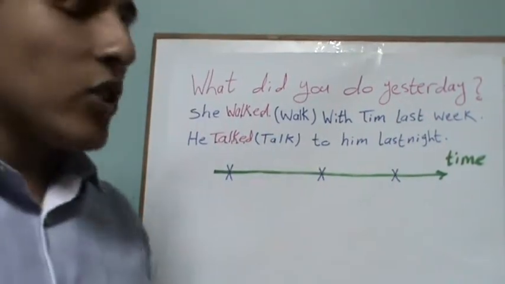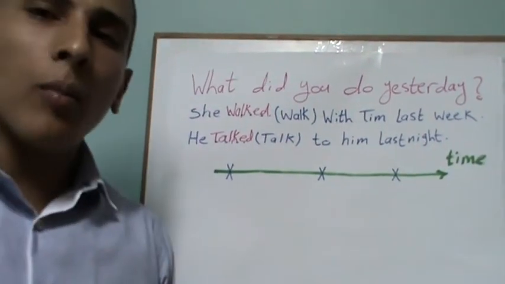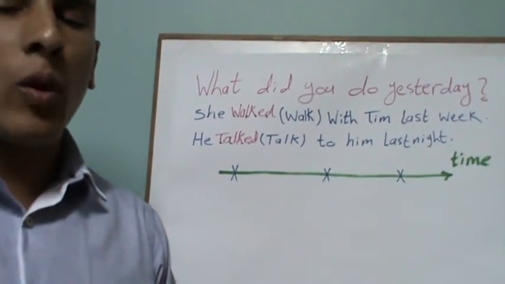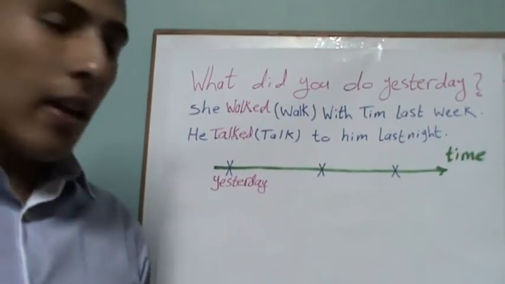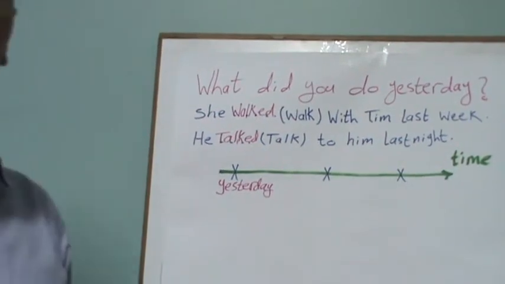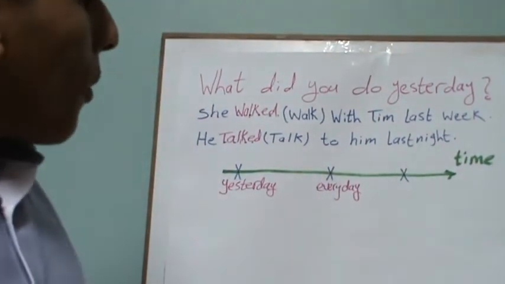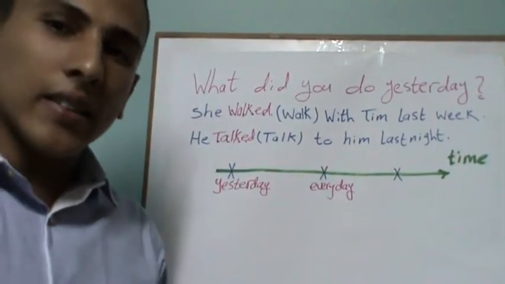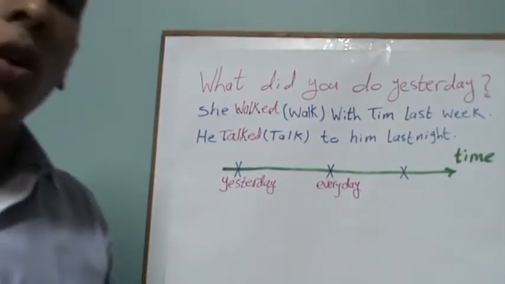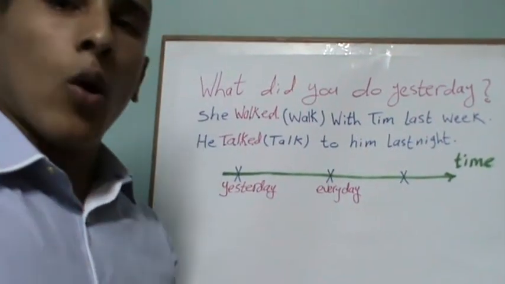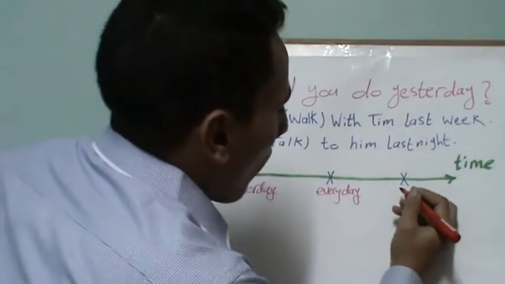Okay, great. Let's imagine this is our timeline. So what if you did something yesterday? It will be in past simple. And what if you do something every day? So it will be in present simple. Great, yeah. Next week, we will speak about future tense. This future tense expresses something you want to do the next day or next week or next year. So this will be next